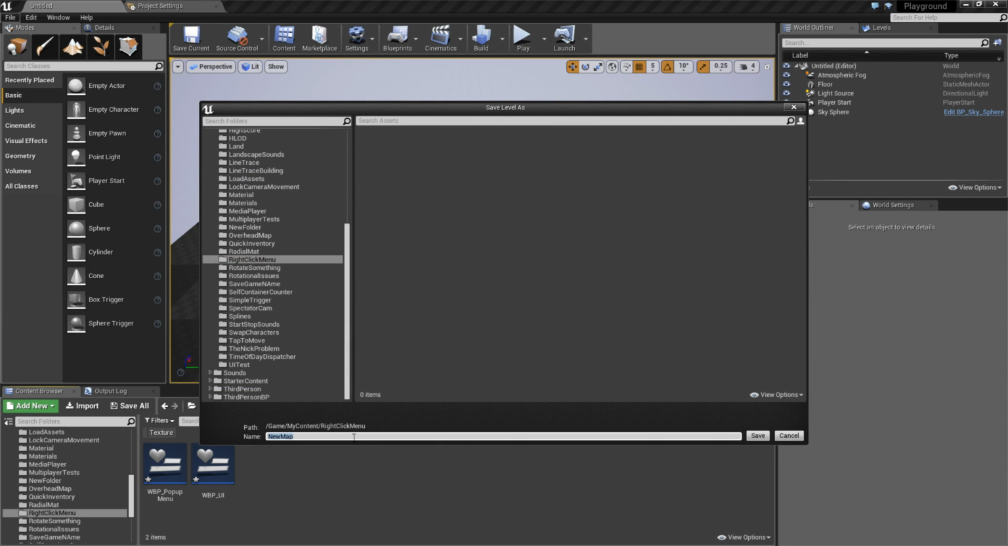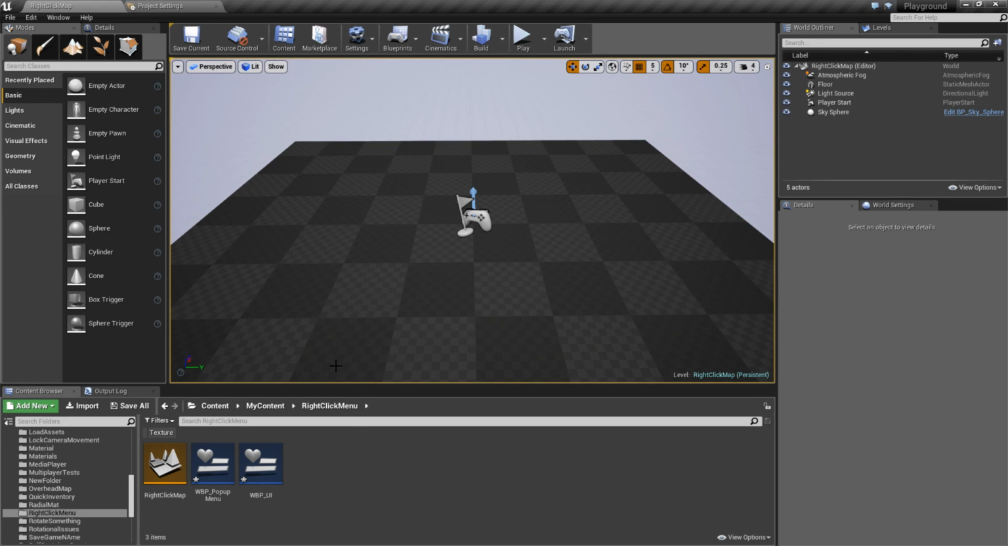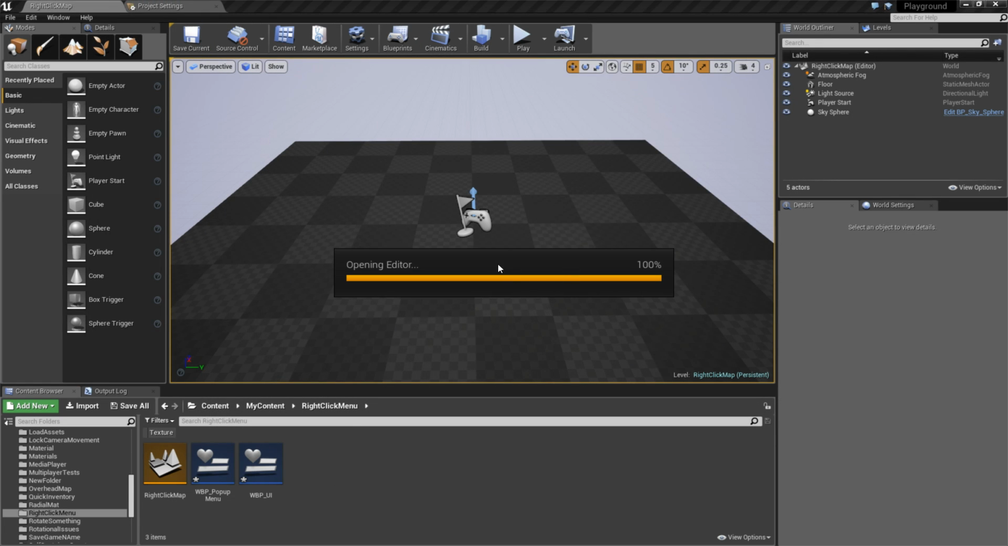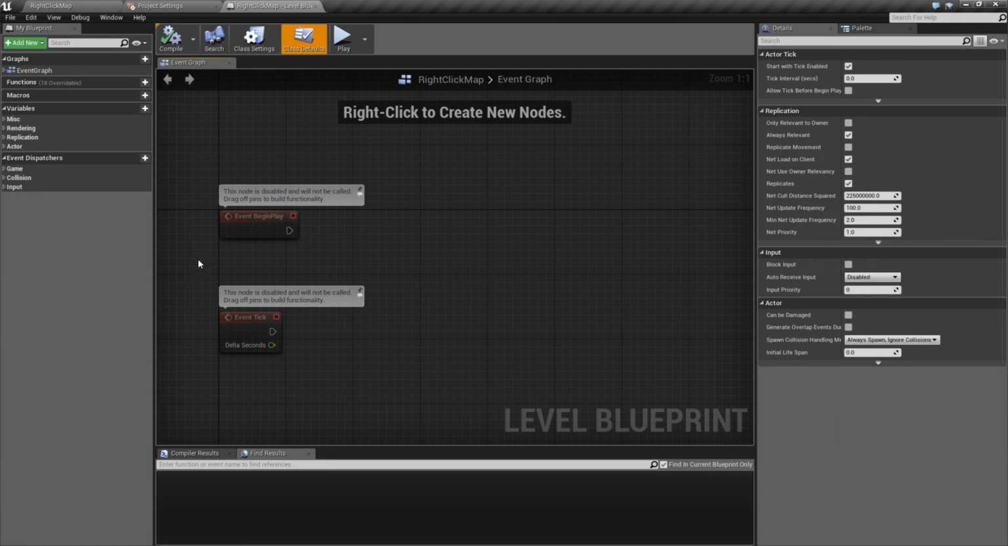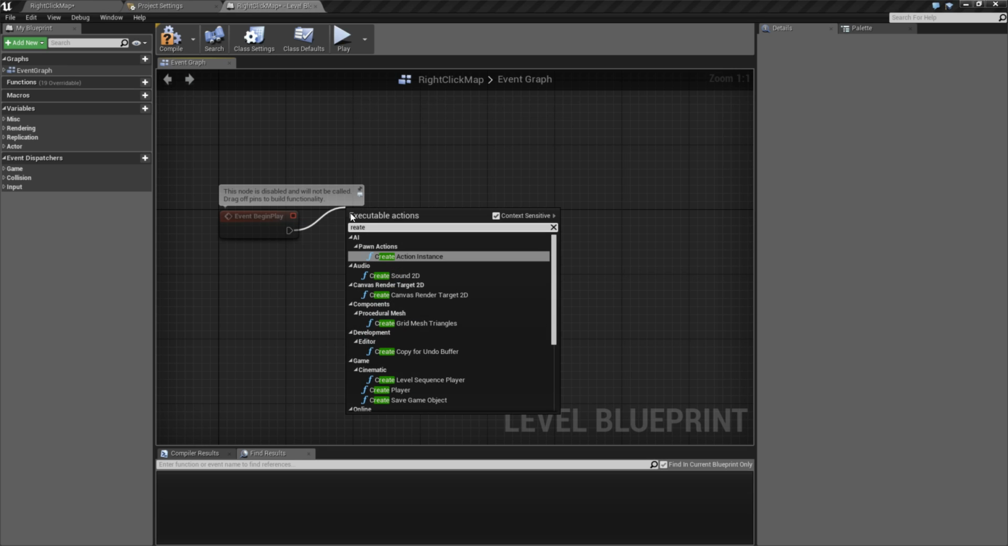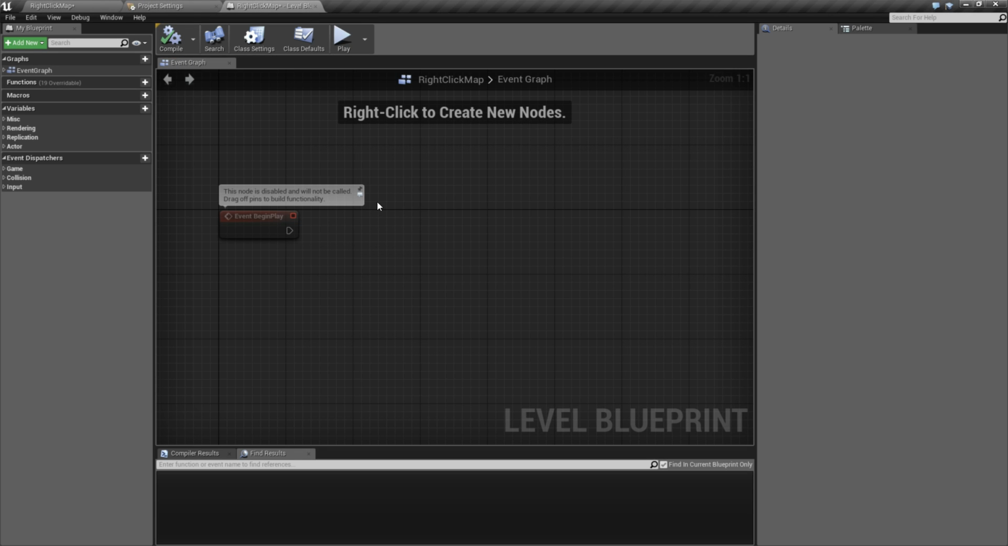Right click menu. Yeah, we'll go with something like that. And then I'm just doing a little bit of prep work here and see what we can come up with. Begin play, create, let's see, no,